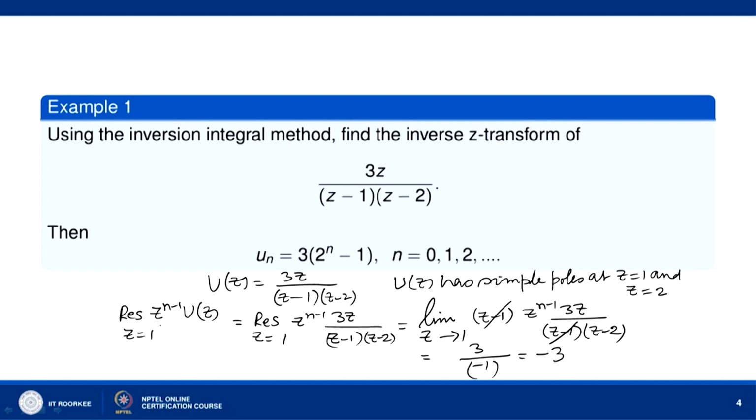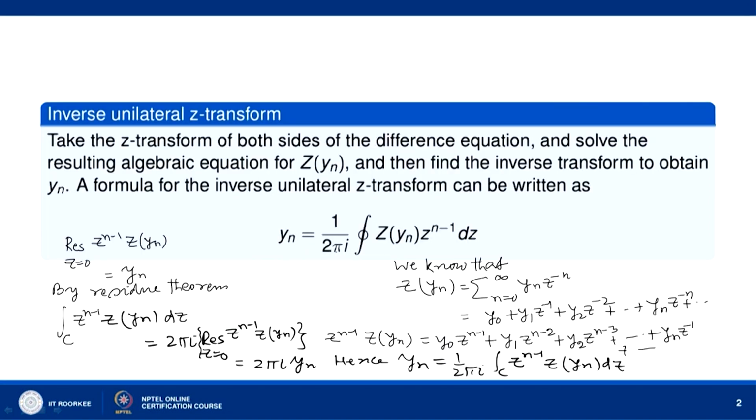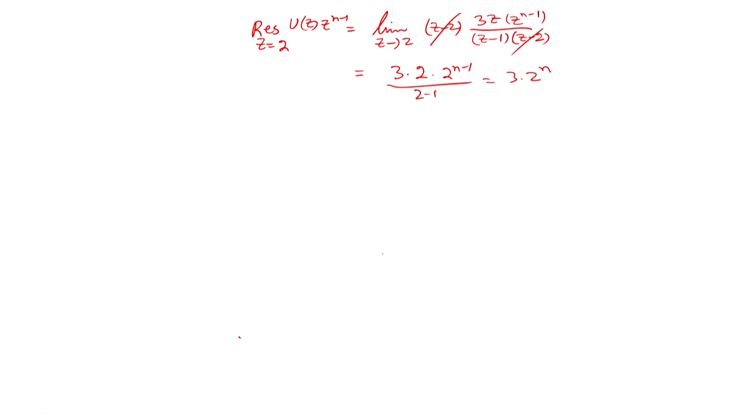Okay. Now, we have found the residue of z to the power n minus 1 into U(z) at z equal to 1, it is minus 3, and we have found the residue of z to the power n minus 1 into U(z) at z equal to 2. Okay. Now, let us go to the theorem. Theorem says that then u(n) equal to sum of residues. Okay. So, hence u(n) is equal to sum of residues